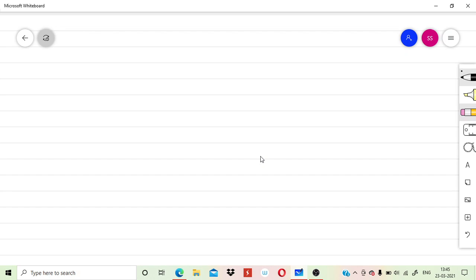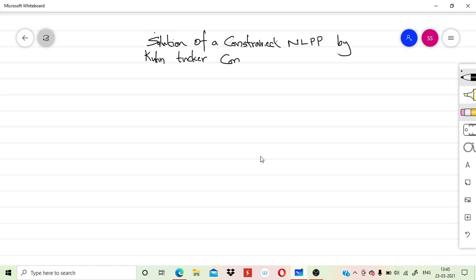Solution of a constrained nonlinear programming problem by Kuhn-Tucker conditions. So before that,